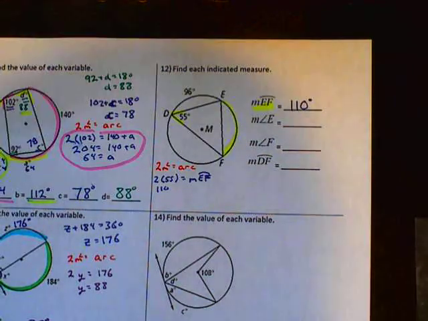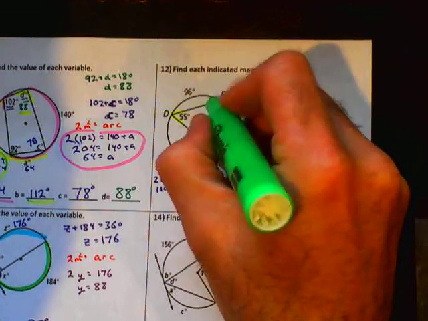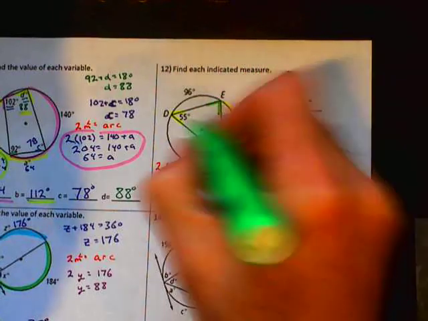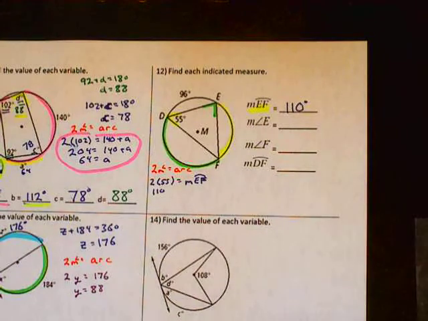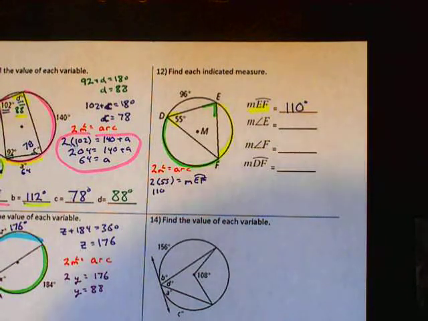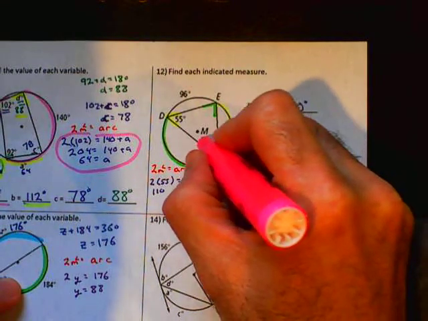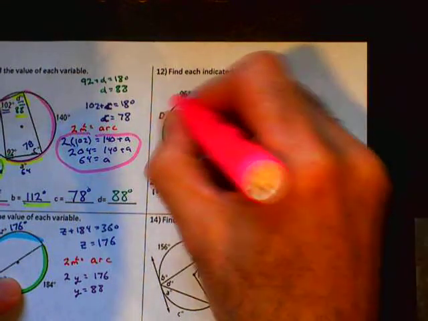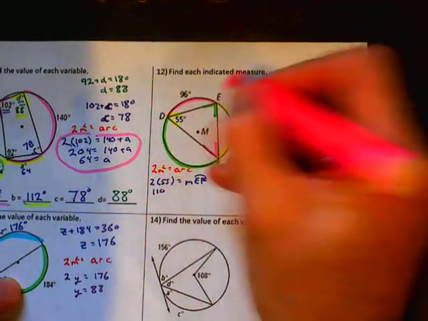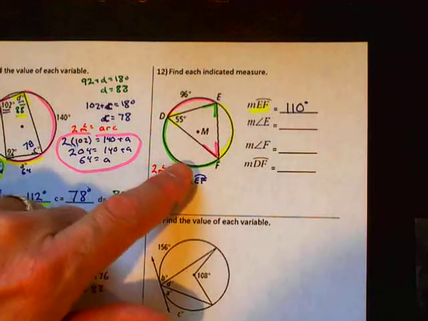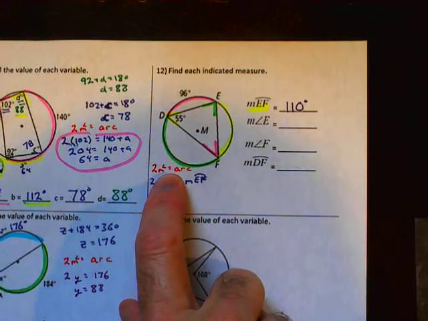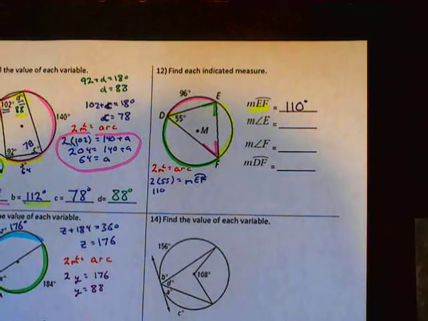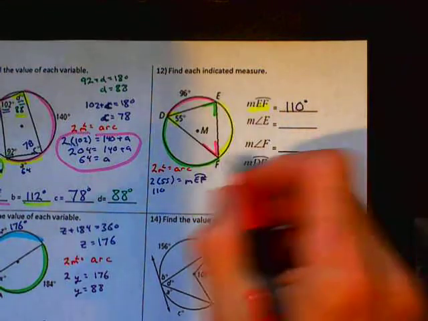They wanted me to find angle E next. I don't have enough information about that inscribed angle or that arc. So I'm going to go ahead and skip over that part of it. I'm going to look at this. So I have my measure of my angle F and 96. I can use this same relationship. So I'm going to go ahead and use